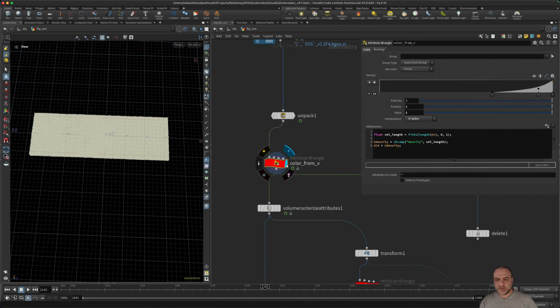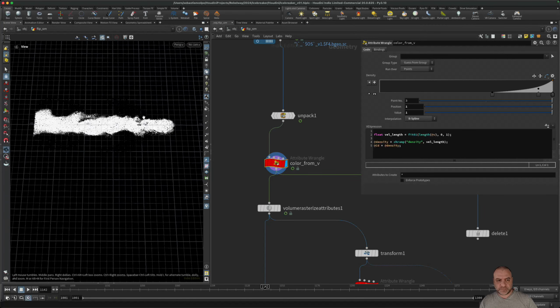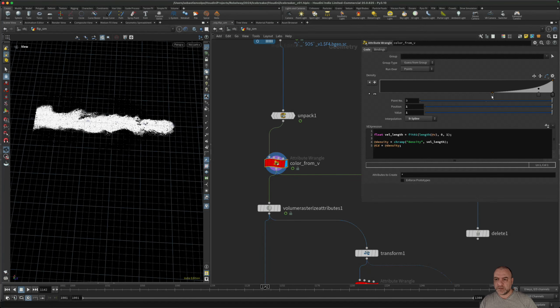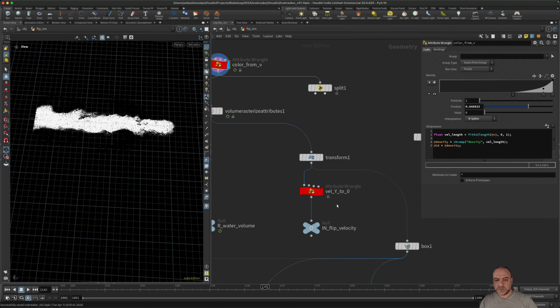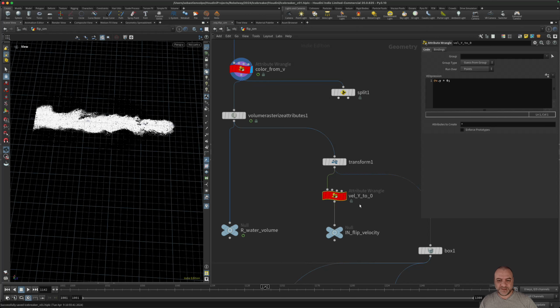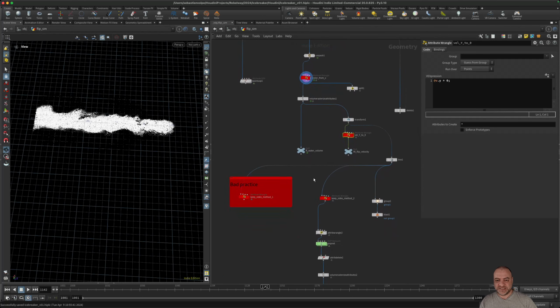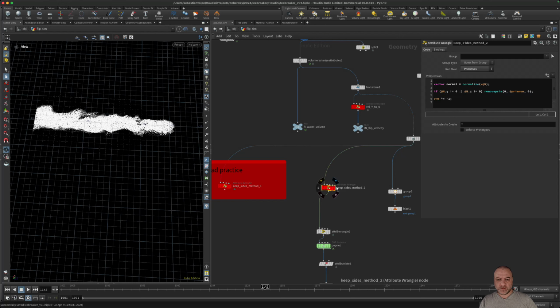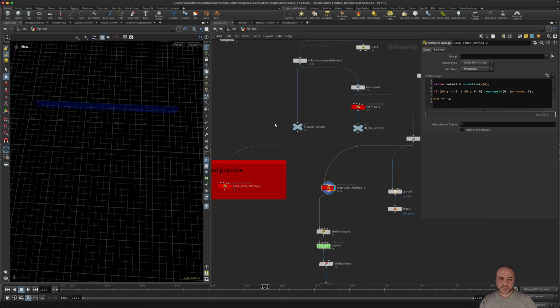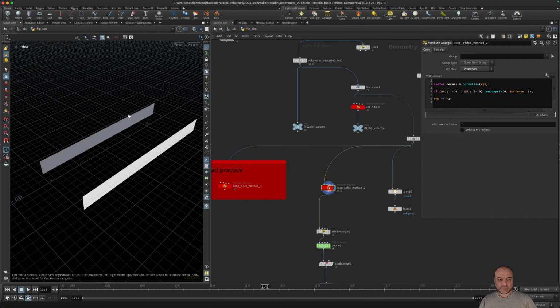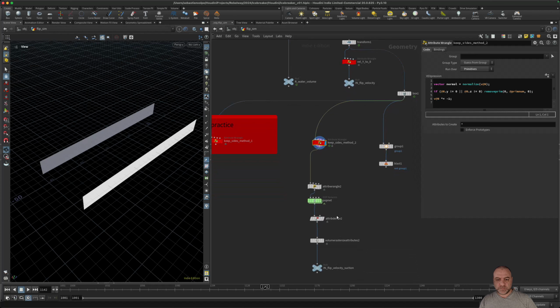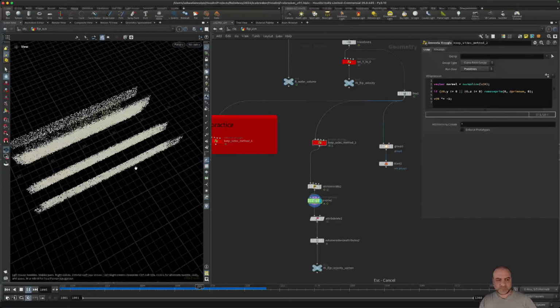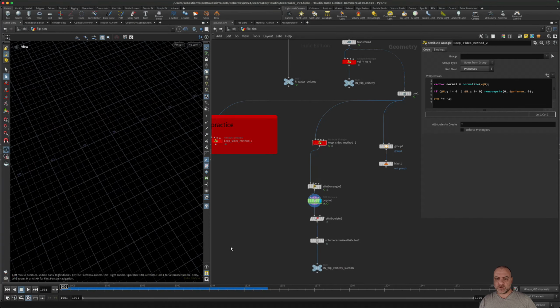For the color, I use this wrangle. This is this code, and we can, as in the VOP video, tweak as we want. For the velocity, I use this wrangle. And for the last part, I do it differently with the suction back the boat. I just select the bbox, and with normals, I keep these two sides, and I use a pop net. But using VOPs in the video, we get more control and it's better.